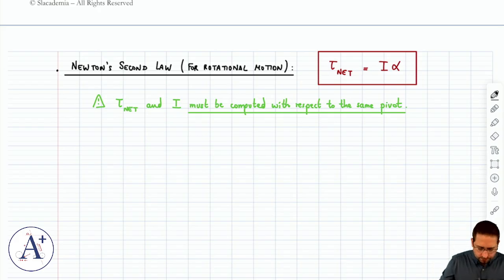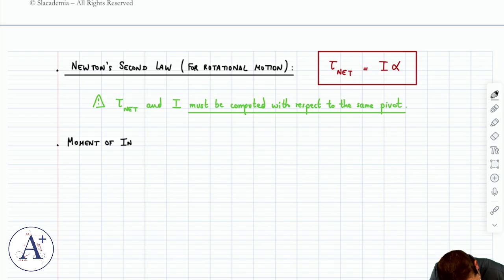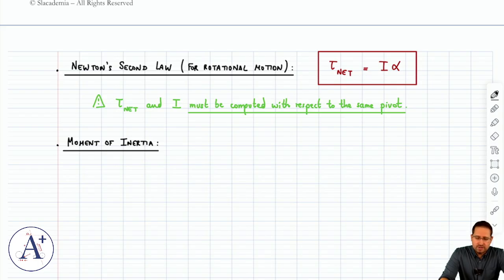Okay, so then let's talk about the moment of inertia. Now, the moment of inertia is a measure of how difficult it is to rotate an object about a given axis. So we should probably write that down. That's the definition. So the moment of inertia I